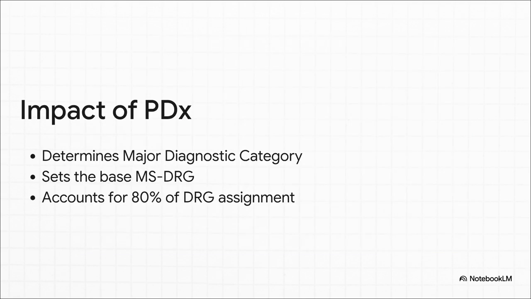Getting this right is absolutely crucial. Selecting the correct principal diagnosis is the highest stakes decision you're going to make on a medical record. Why? Because it's the heart of the inpatient account. It single-handedly determines the major diagnostic category, or MDC, that the patient falls into, which then sets the base MS-DRG. In fact, getting this one diagnosis right accounts for roughly 80% of your final DRG assignment. If you get the principal diagnosis wrong, the whole claim goes off the rails, resulting in skewed data and completely inaccurate